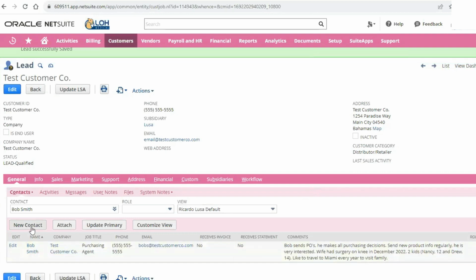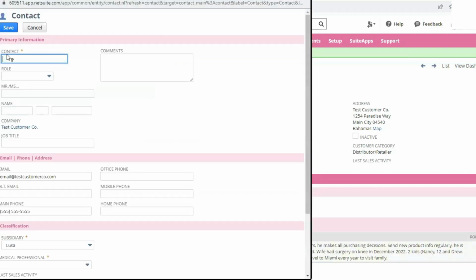Okay, so another note on contacts that I'd like to mention that's very helpful to the other departments would be to add notes to their job title.